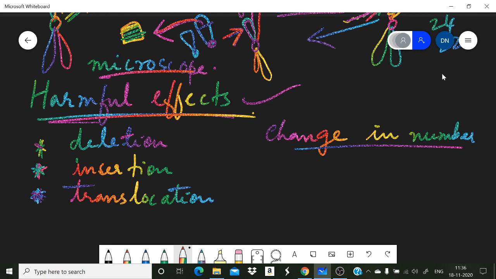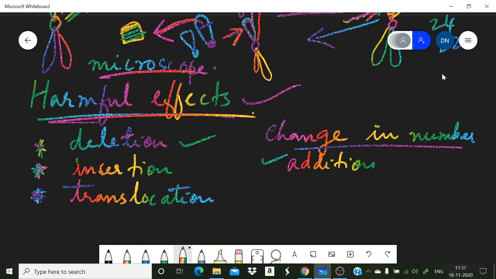If the changes occur in the number of chromosomes, there are different types of chromosomal number changes. They may be because of addition or loss, addition or deletion,